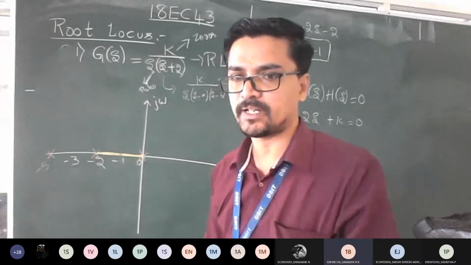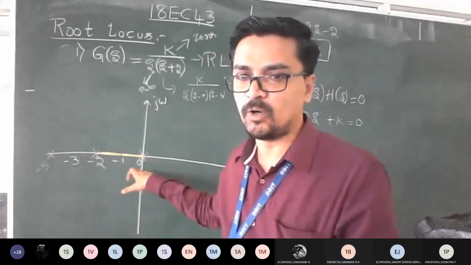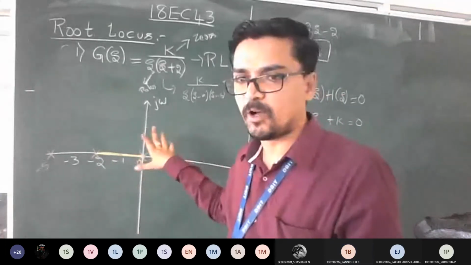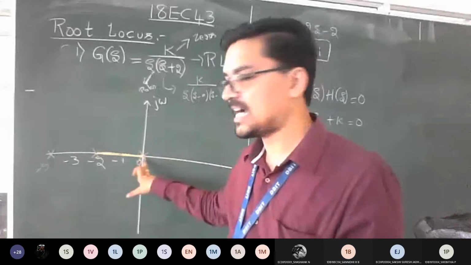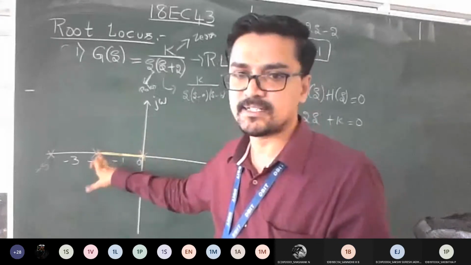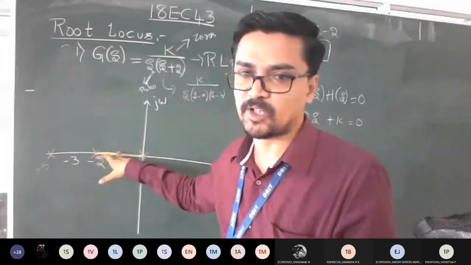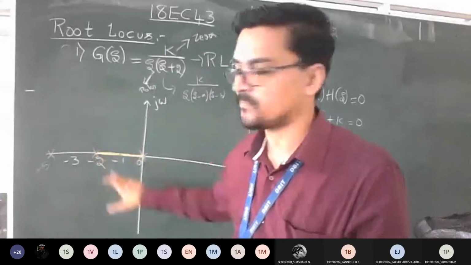Okay, now listen here. I was discussing how to plot this root locus line. In this particular problem, there is no zero, so it starts from poles. Does it find any zeros? No. So it ends at this pole itself. That is the end. If any zero was here, it would have stopped there itself. That is the first thing.